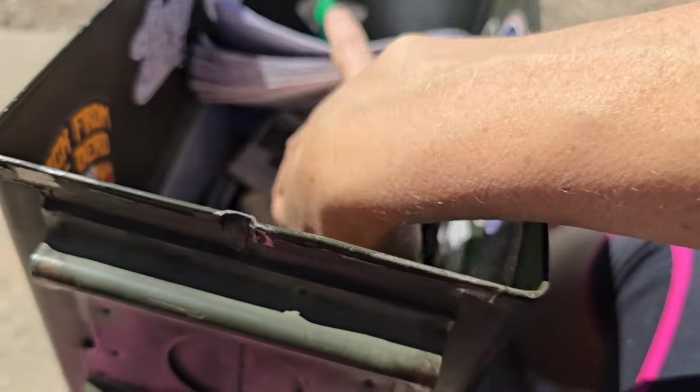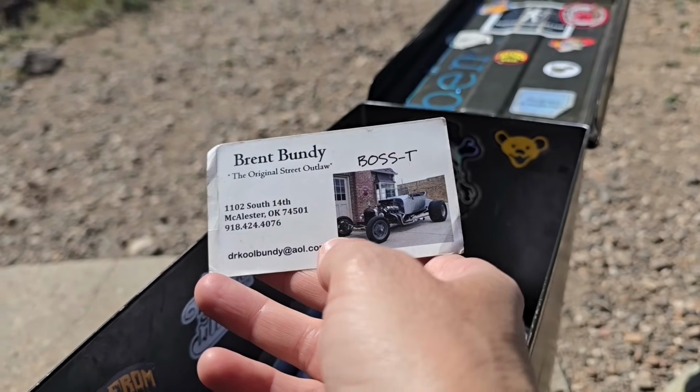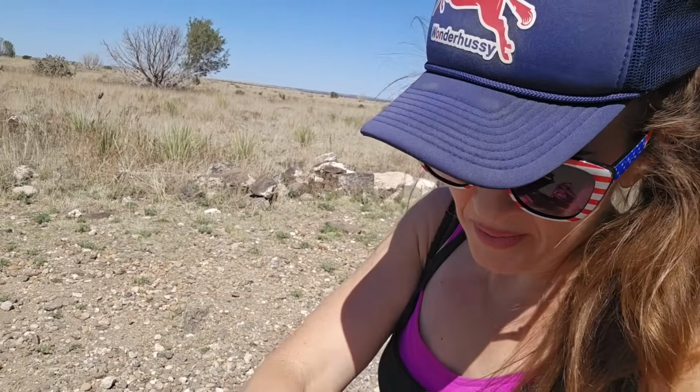Oh wait, here's one more business card. I thought this one was kind of cute. Brent Bundy, Boss T, the original street outlaw from McAlester, Oklahoma. Hit him up, y'all. Anyway, like I was saying, I don't really have time to go through that box because